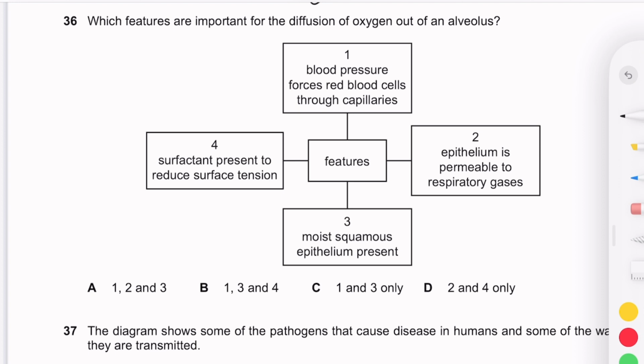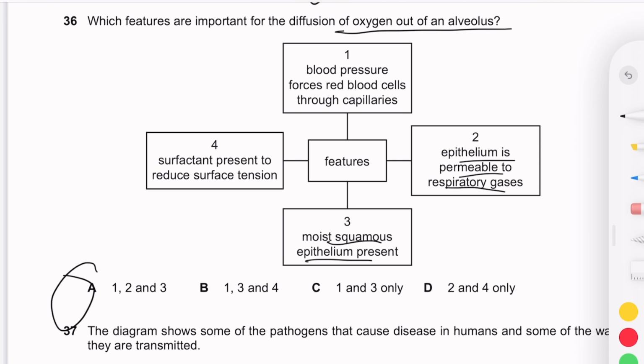Blood pressure forces red blood cells through the capillaries. Okay, that is important, but let's move on to see. Epithelium is permeable to respiratory gases. That is also important for the diffusion of oxygen, and most squamous epithelium are present, also necessary for dissolving of oxygen. Surfactant present to reduce surface tension. Not so important, I would say, but maybe 1, 2, and 3 could help with the diffusion of oxygen, because